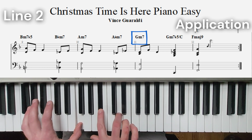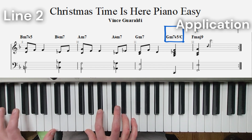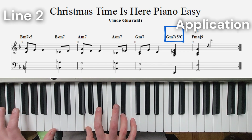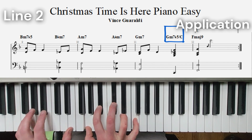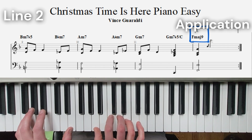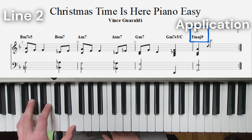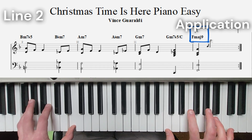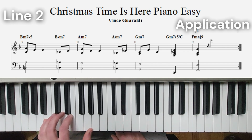F, D, low C with the left hand, G, B flat, D flat, and F with the right hand. Left hand, F and E, right hand, A, C, and G. You can close it with a little C at the end, or octaves of C, however you want to do it. So to put that together,